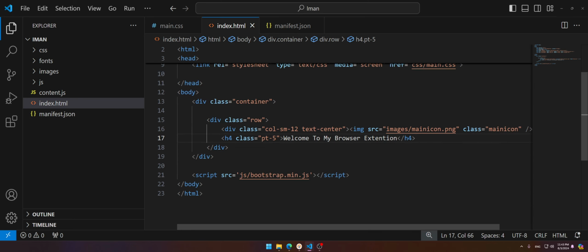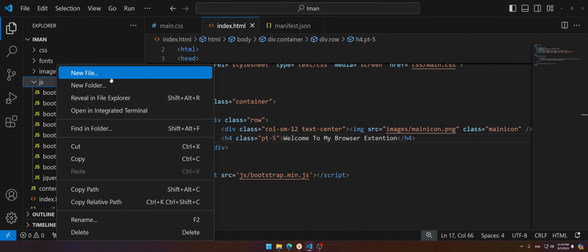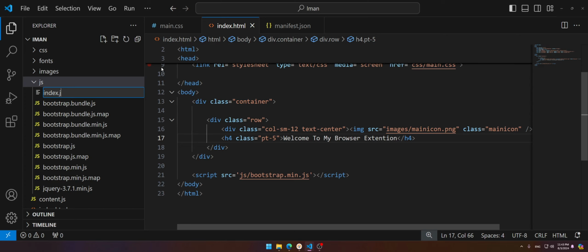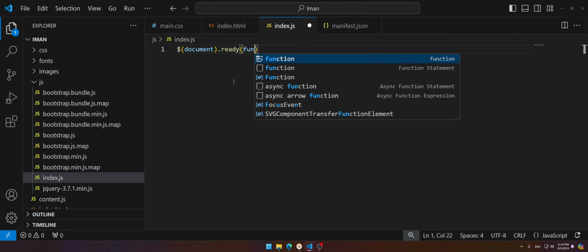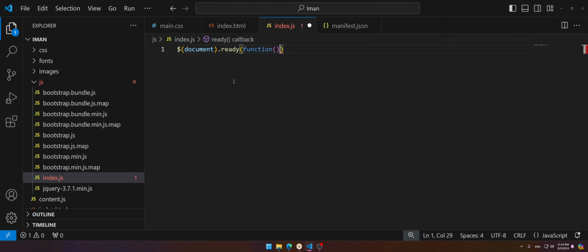And we have the index page here. If we want to code here, we need to create a JS file for the index. So I'm going to move to index and create a new file, index.js, and I'm going to say if document ready, create a function, and in that function I'm going to make it like a splash. So